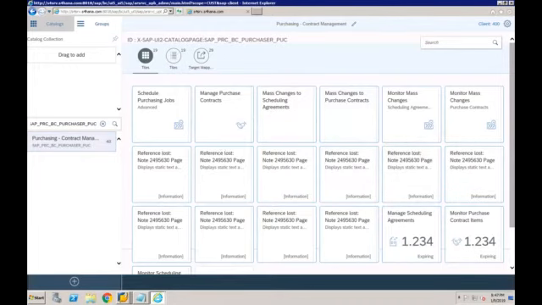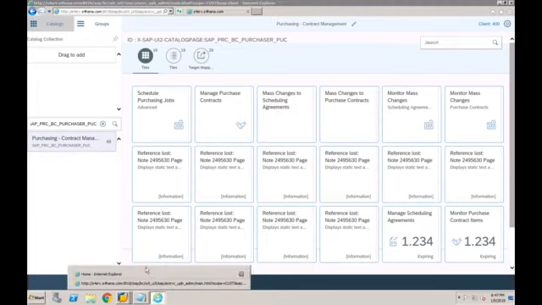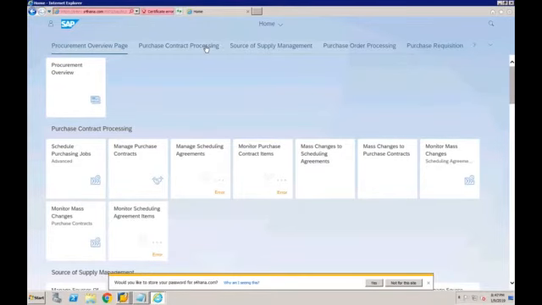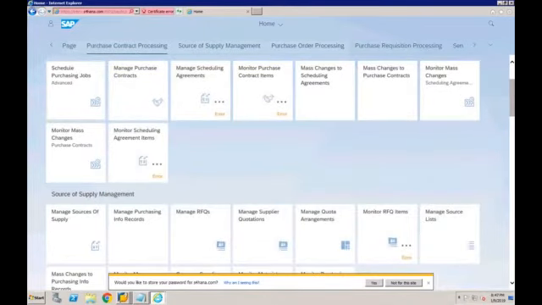Okay, so now let's say I want to add. Currently, if I go to purchase contract processing, I'm able to see this many apps. So 1, 2, 3, 4, 5, 6, 7, 8, 9.